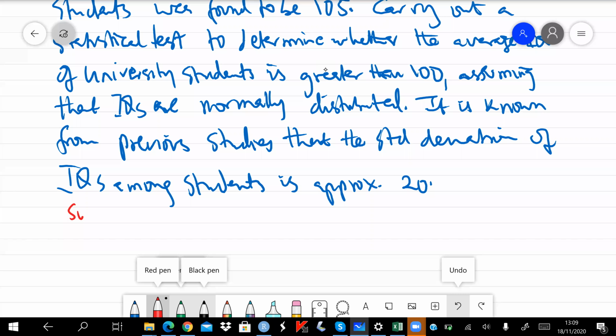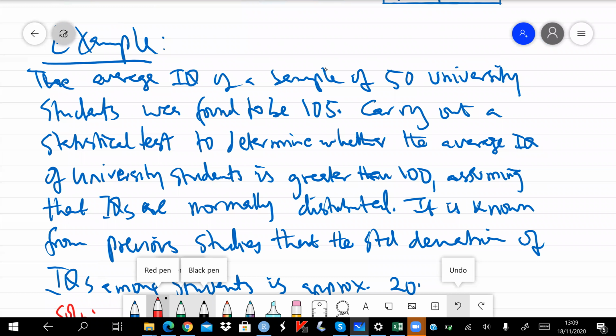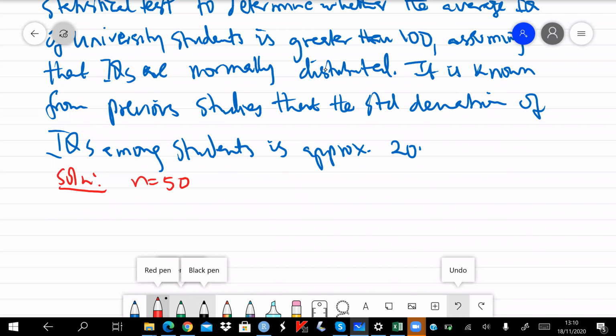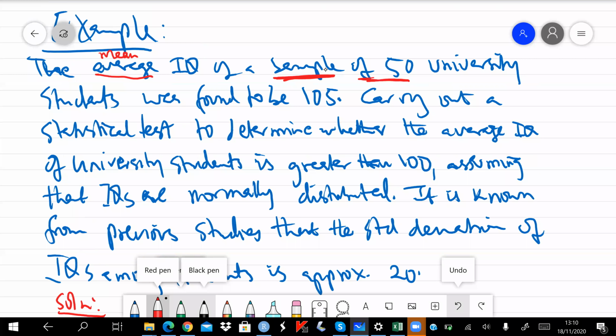Okay, so that's the question that we have here. So we can start by saying solution. From the first line, we know that the word average here is the same as the word mean. So the mean IQ of a sample. We are given sample values, a sample of size 50. So we know that n is 50. The mean IQ of a sample of 50 university students was found to be 105. So this is the mean from the sample. So that is X bar